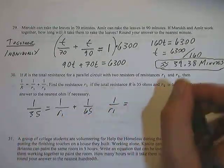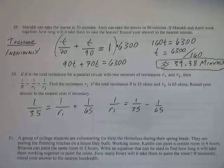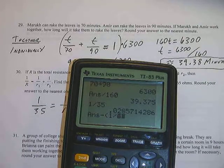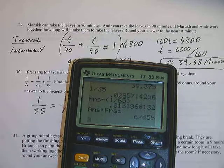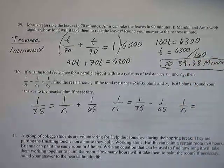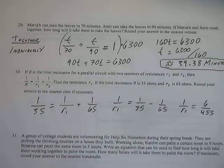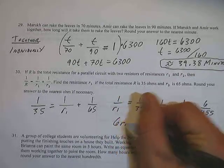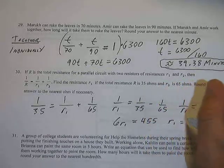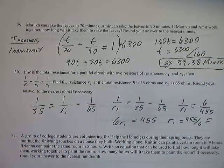So 1 over R1 is going to equal, when I subtract 1 over 65, 1 over 35 minus 1 over 65. And I'm just going to do that on my calculator. I'm going to let the calculator do the hard work for me. So 1 over 35 minus 1 over 65 gives, in math print, 6 over 455. So 1 over R1 equals 6 over 455. So when you cross multiply, you've got 6R1 equals 455, or if you prefer, R1 equals 455 over 6,